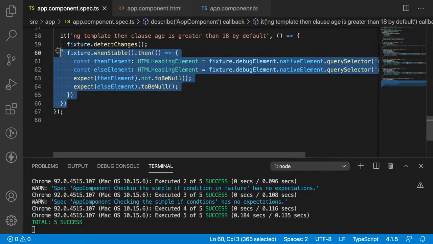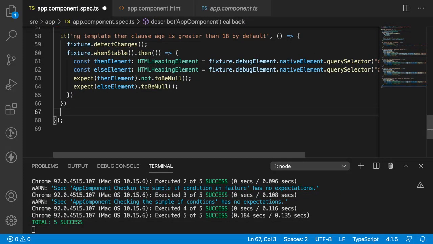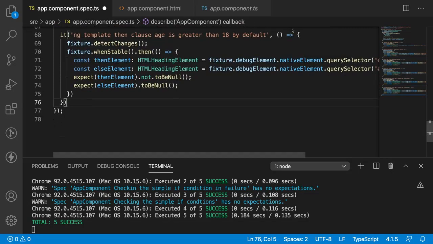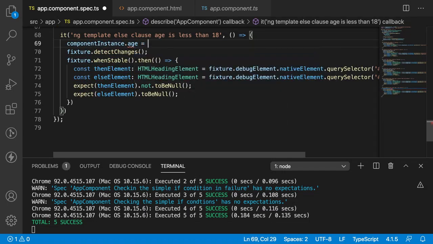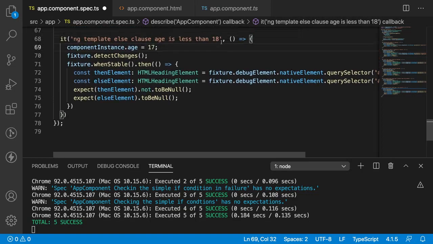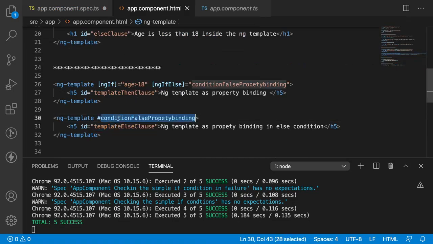Now let me copy the same content, and now in this case what I want to do is change the age property to less than 18. That means the else clause, when age is less than 18. Component instance.age is equal to 17. So it will make our age 17. Whenever the age is 17, it will execute our else clause.